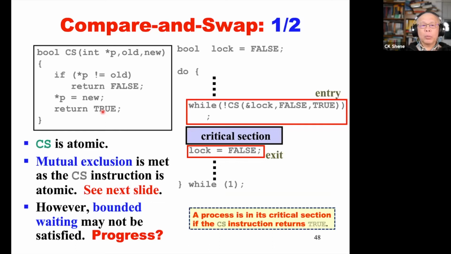If multiple CPUs are issued with an atomic instruction, always remember, just like a test and set, the hardware will determine who would go first, so that all of these atomic instructions will be executed in a sequential way. So here's an implementation